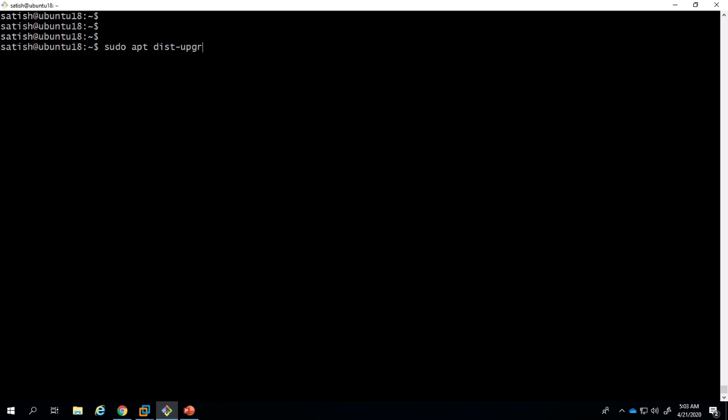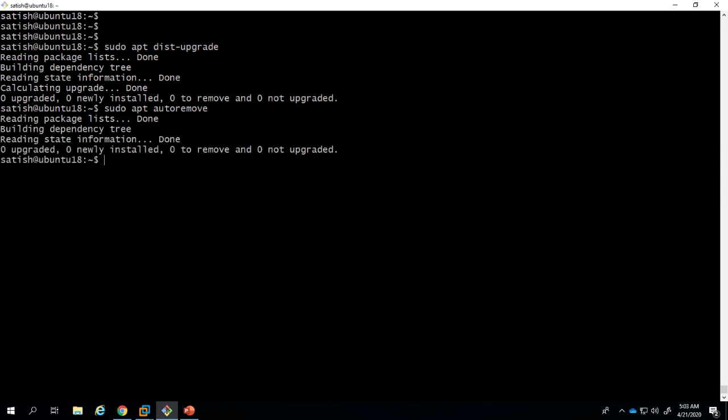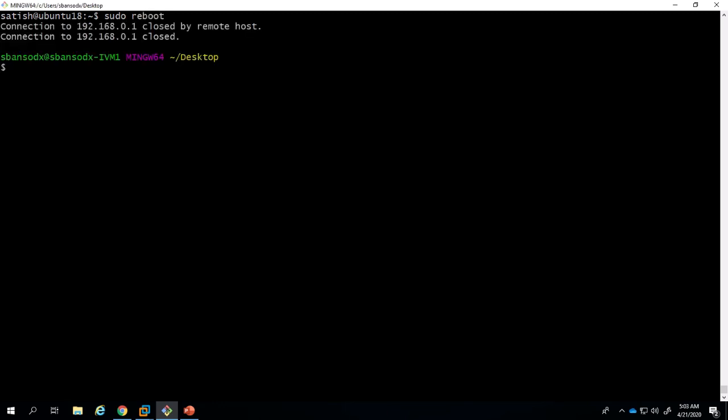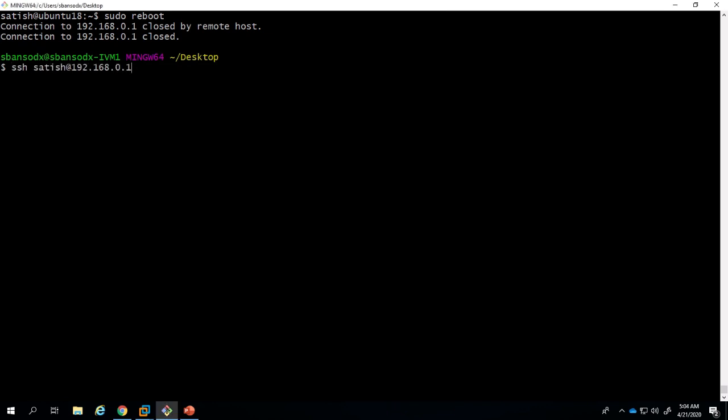Then dist upgrade also we need to do by running sudo apt-get dist-upgrade. Autoremove is for removing older kernels. We don't have any old kernel in this operating system. So after completing this, just reboot it.